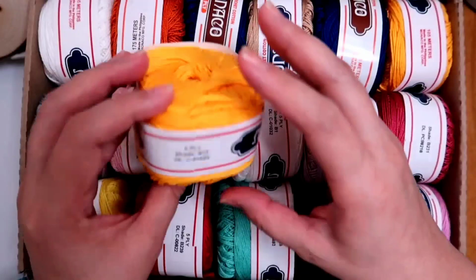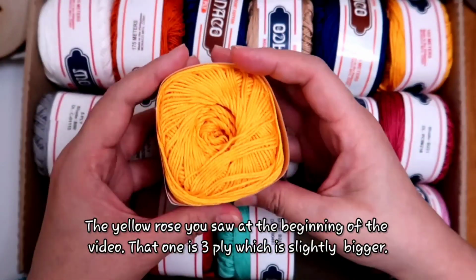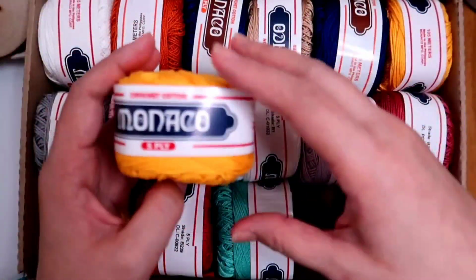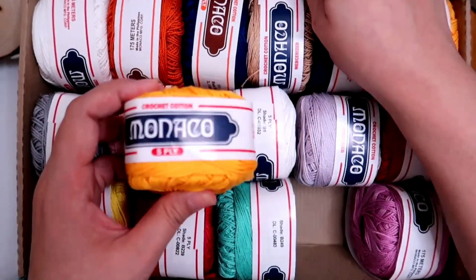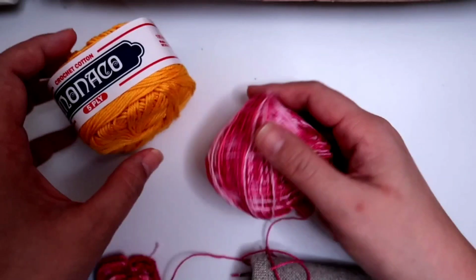So, this one is a bit thicker than the usual 3-ply crochet yarn. And these ones are all 100% cotton. So, there, you can see it's 5-ply. But if there's no 5-ply label, like this one, or